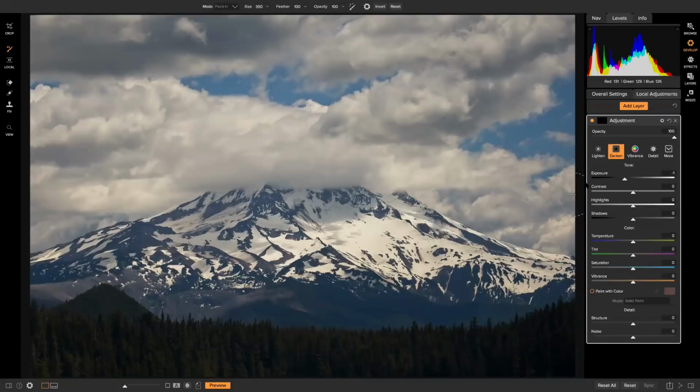And all you're going to do is just make sure it's set to darken. Make sure your brush size is kind of appropriate. And then what I do is I just brush on this darken local adjustment layer onto the darker areas on the mountain here. And you don't have to be exact. You're going to pull back on this quite a bit, but it's a great way to bring in contrast to